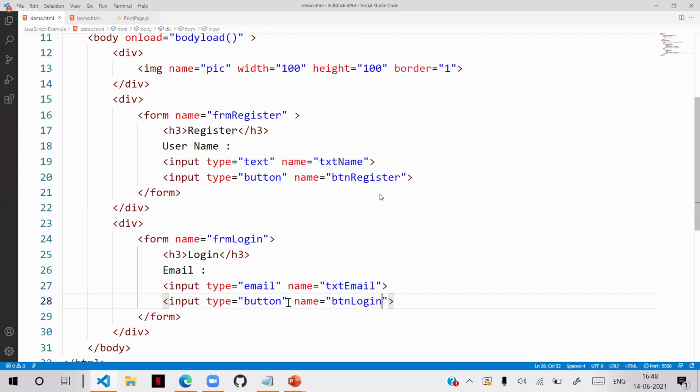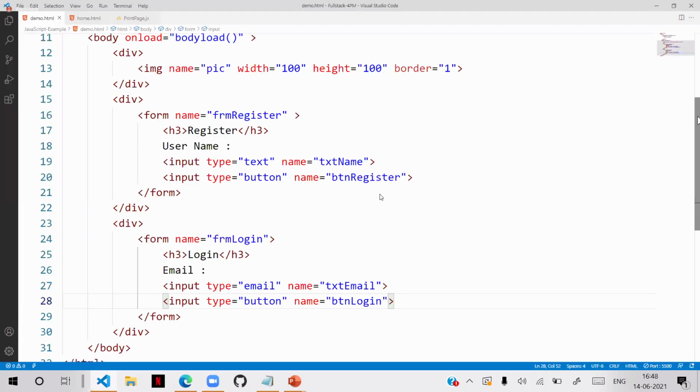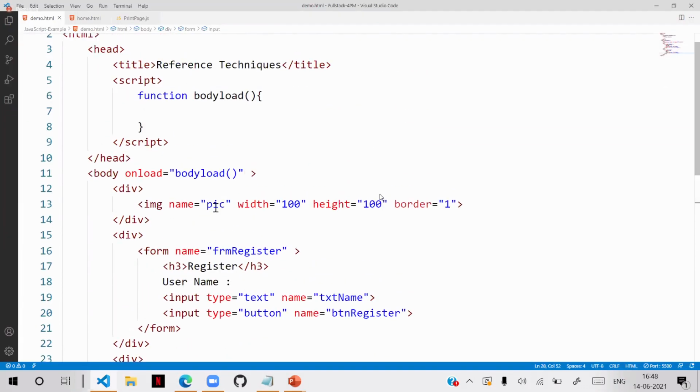Now here, generally, if you have names, it's easy to access by the reference of name. It's very simple. Now I want to access the image, and you see the image name is pic.